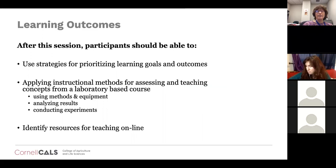And then as we go along and at the end, I'd like to identify resources for teaching online. I started a Google Doc that I can share with whoever wants it. I'm hoping that people can add to it because I think we're going to have to rely heavily on those. But this definitely is a discussion that I'm facilitating. I'm going to go through a few framework slides and really just open it up for people to add their